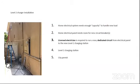You'll need a level 2 charging station. Again, that'll be talked about here. There are different choices, but you can pick the one that works best for you, and you'll want to get